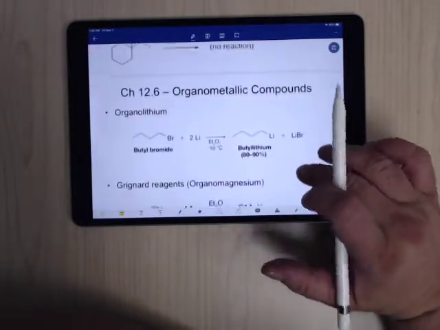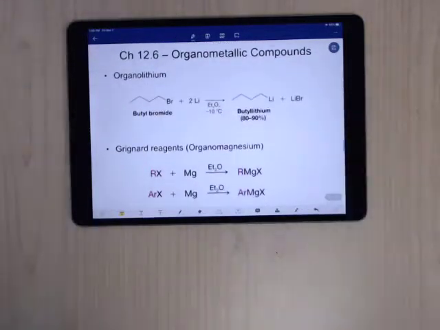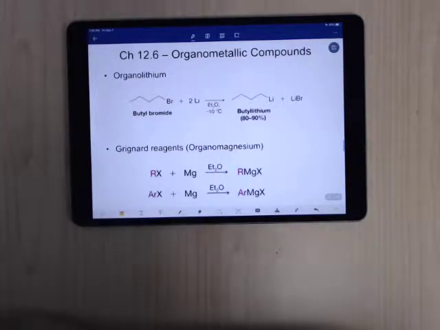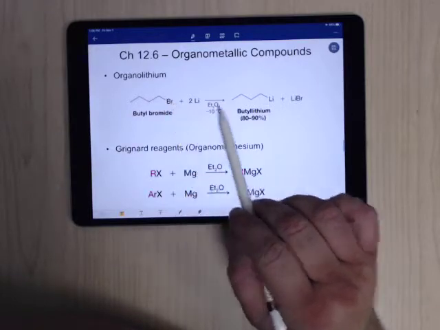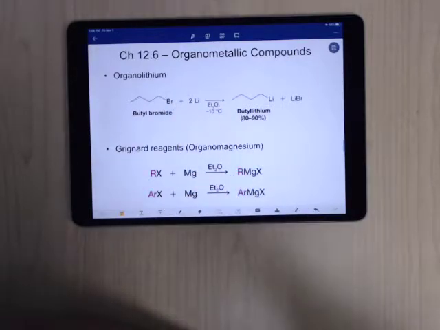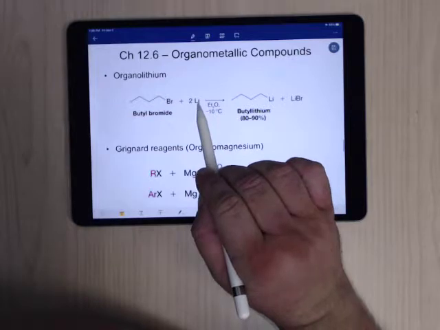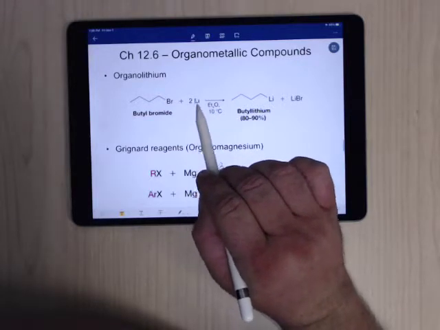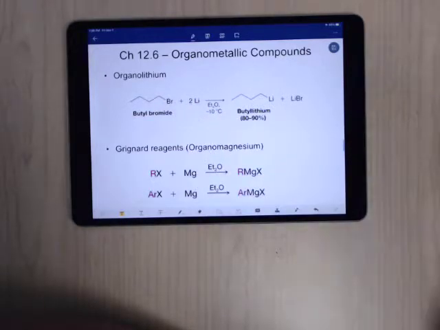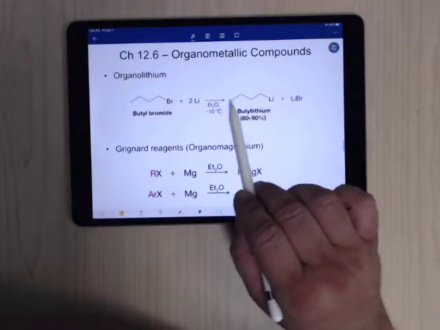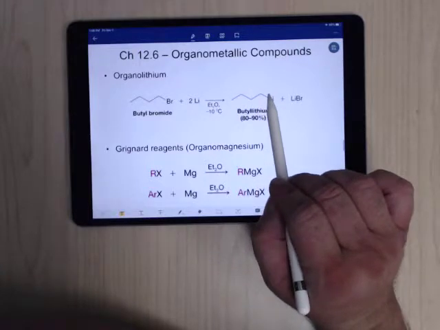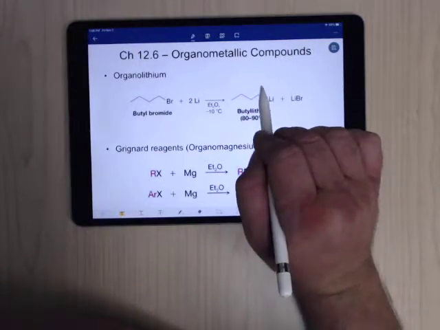Okay. Now for the organometallics, right? Just like with the lithium aluminum hydride and sodium borohydride, we want to make nucleophiles, and this is a nice way of doing it. So if you have a bromide or a chloride or an iodide, for that matter, and you put in lithium metal, so you get a chunk of solid lithium and throw it in there, it will actually displace the halide. And it works like this. So it's an organometallic bond, but you can sort of think of this as